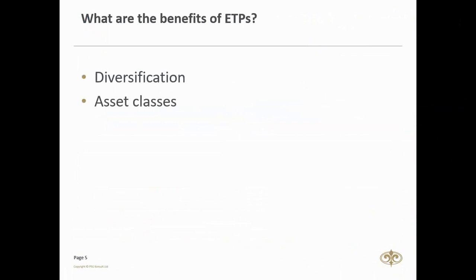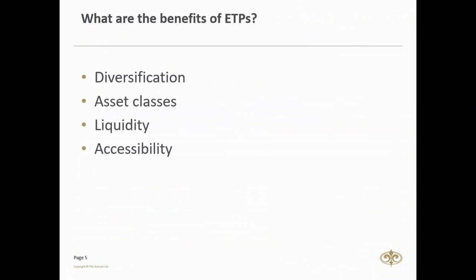One of the other benefits I believe is very important to look at is liquidity. As I mentioned just now, you can buy and sell ETPs anytime during the day on the JSE like any other share. The idea is that there's always a willing buyer and a willing seller, and obviously it gives you peace of mind that you can get out of the ETP at any time. And linked to that, you can also go one step further and say, okay, accessibility: how can I get exposure to ETPs?